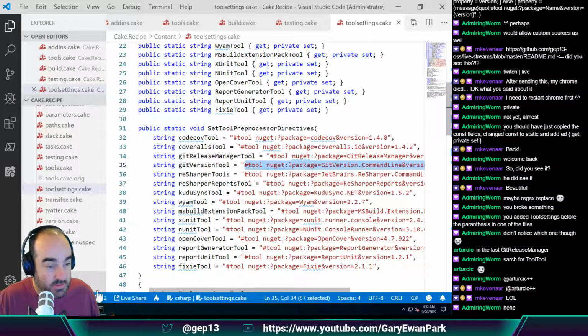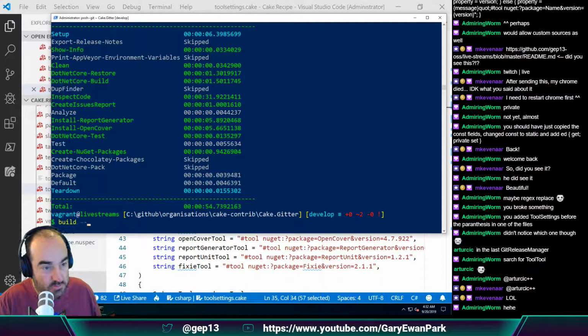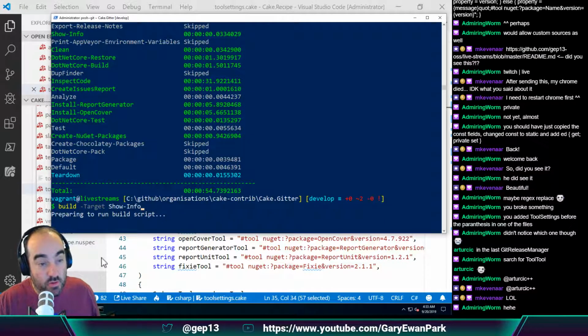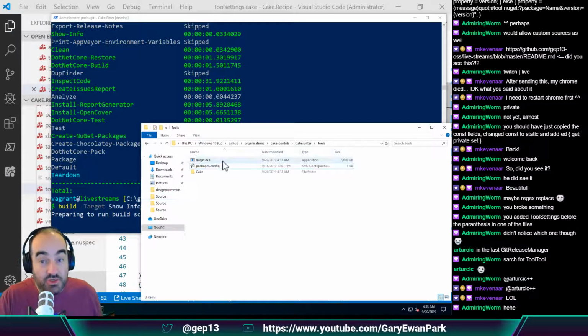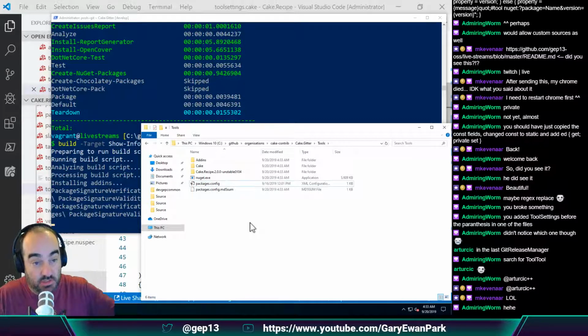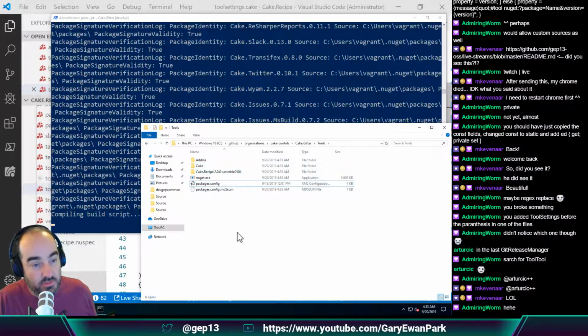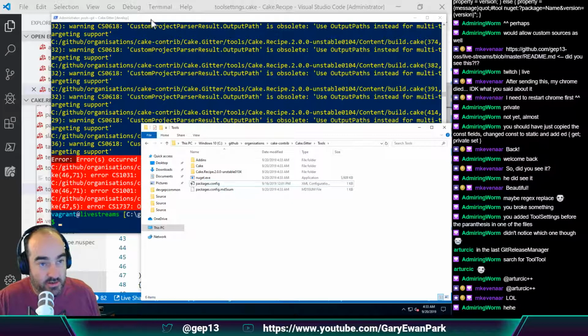Okay, so that build's completed. So if we go over here and do build target, different target, show info, and just do one of them, it should download GitVersion, because in order to run show info, it needs GitVersion because it needs to stamp the version number. So we should resolve and download that tool, which is, I got an